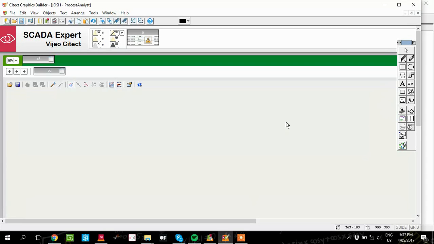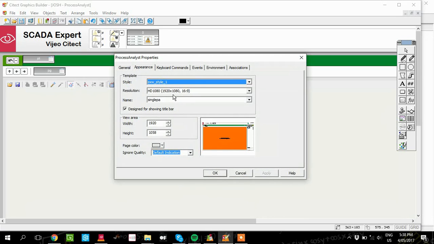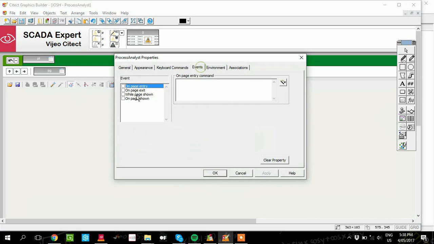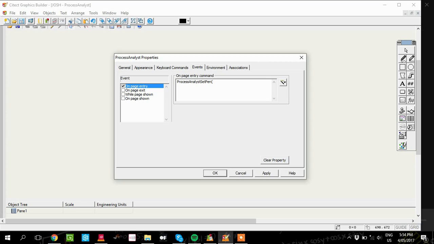We want to do that on the startup. So what we'll do there is we'll go to properties of the page and events. So on the page entry you want to show the trend. So 1 is the pin number, comma, and then the name of the trend, which in this case,